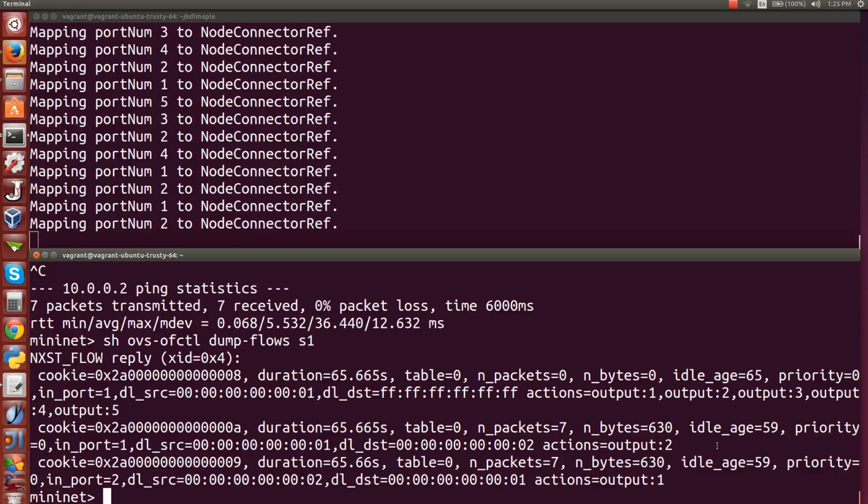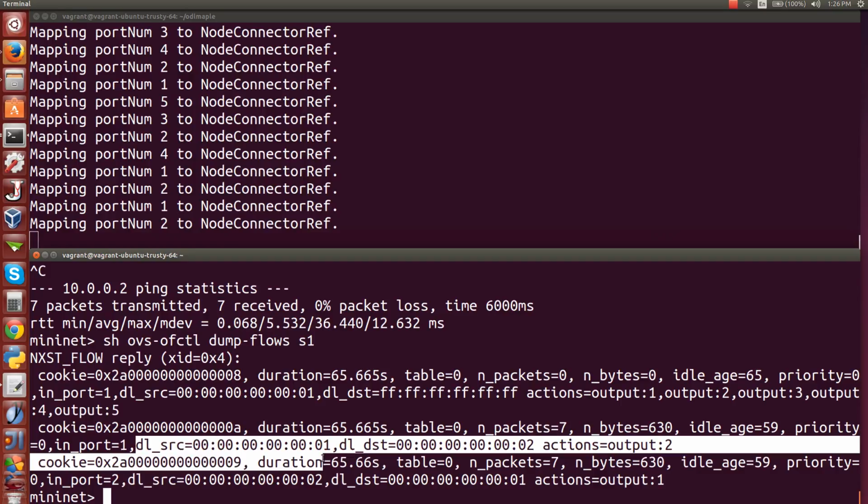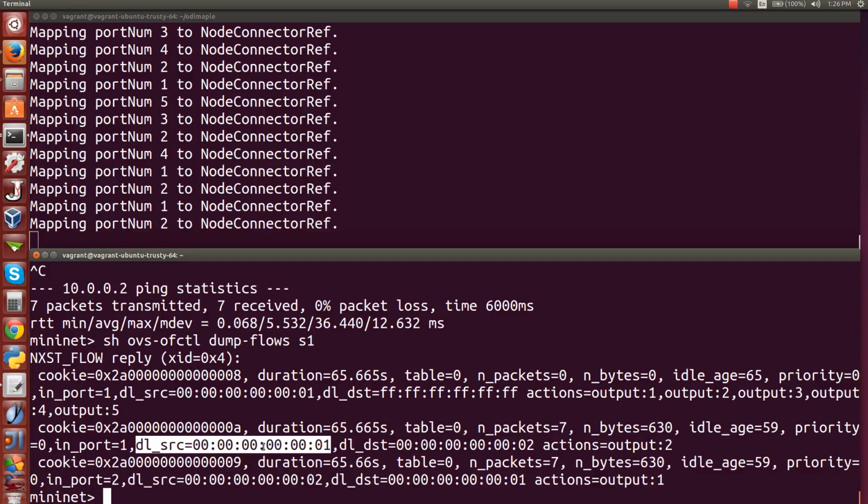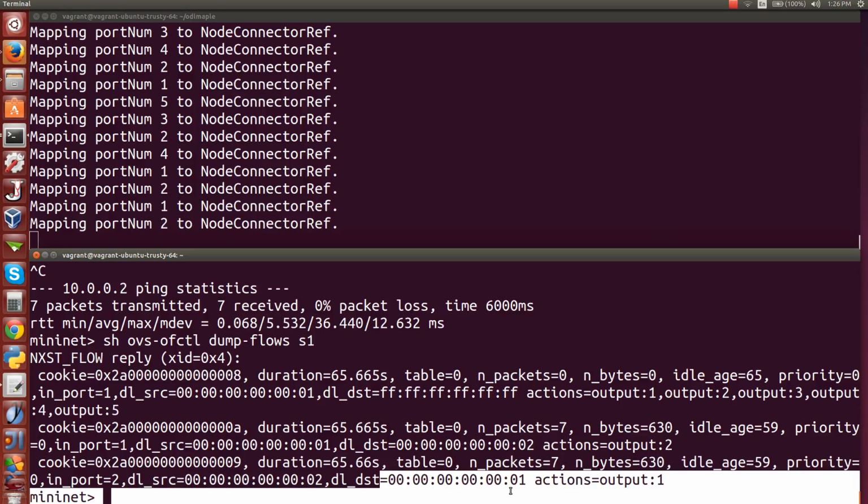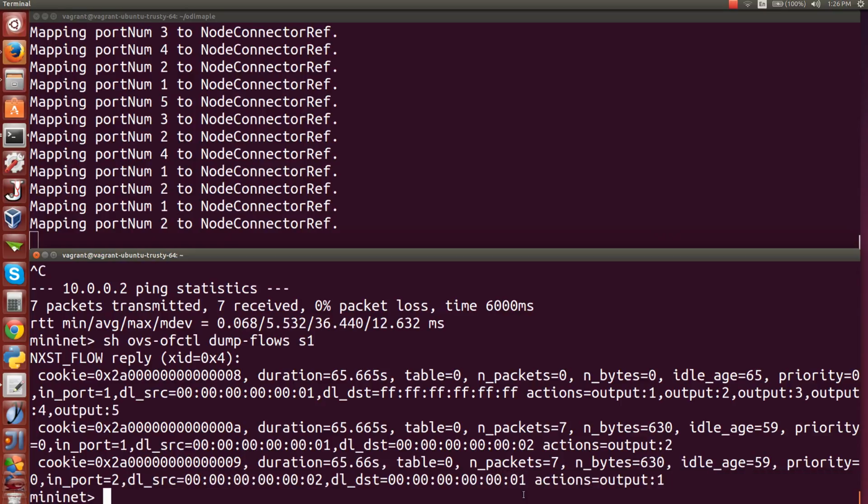And the second rule is that the learning switch has actually learned the port information about the hosts, so it forwards the packet from host 1 to host 2 directly, and then the same thing happens for a packet going from host 2 to host 1. And then we do a pingall in Mininet,